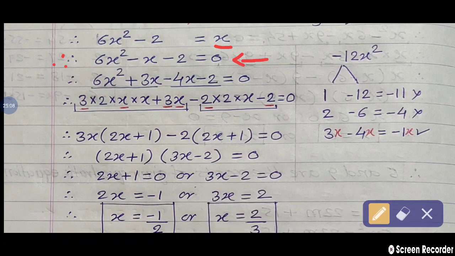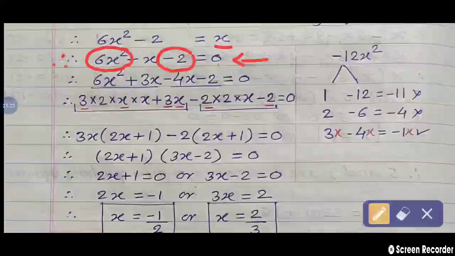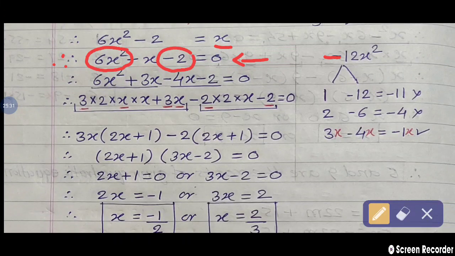Now we are trying to factorize it. As per our basic rule, what is the product required here? Product means the first term, that is 6x square, multiplied by the third term, that is minus 2. 6x square multiplied by minus 2. The first term is a plus and the third term is minus, so our answer is minus. 6 twos are 12. x square remains as it is.